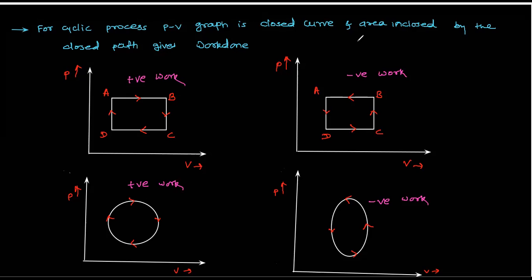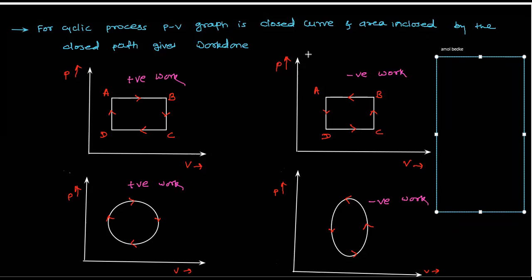What does it mean? It means, in this box I'm writing what is important: if the cycle is clockwise,